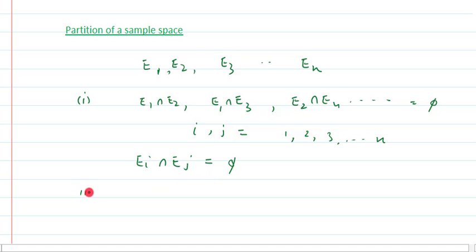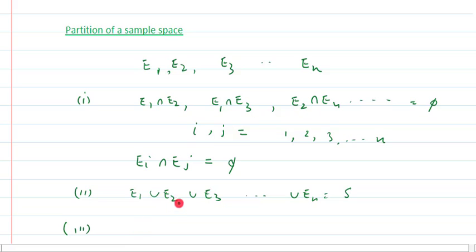The second situation is E1 union E2 union E3 up to union En is equal to S, means equal to sample space. And if you remember, such type of events are called exhaustive events. So it means the given events are mutually exclusive, number one, number two, exhaustive, and number three,